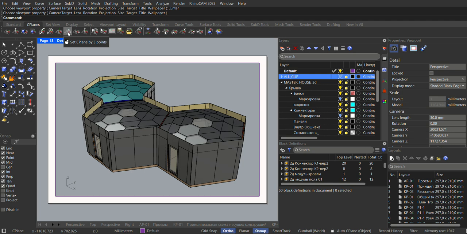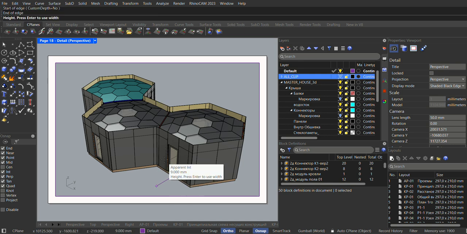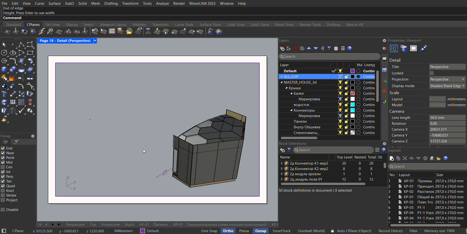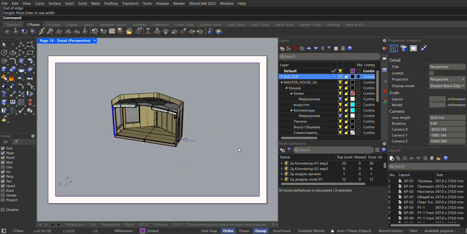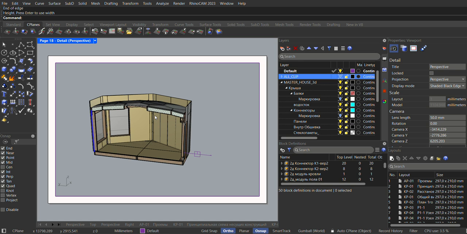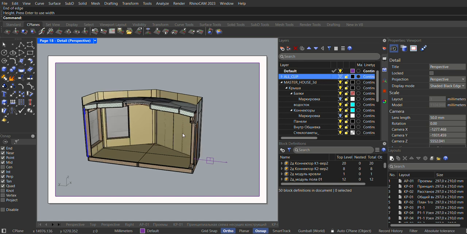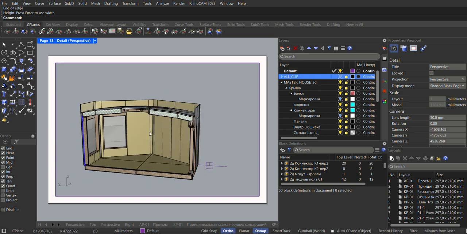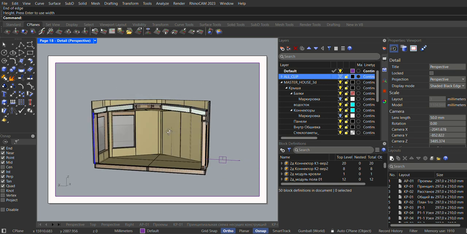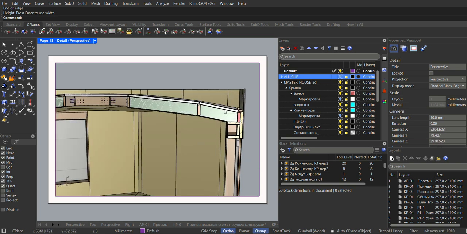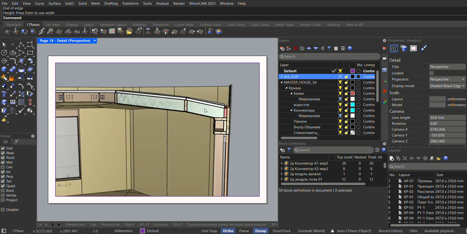C-plane, like C-plane vertical, I guess. Sorry, not C-plane, but clipping plane. Clipping plane, vertical, and I go here, and something like that. Let's say we want to show a section of this volume. So we already have our section in 3D, we have our section style adjusted, we have all the